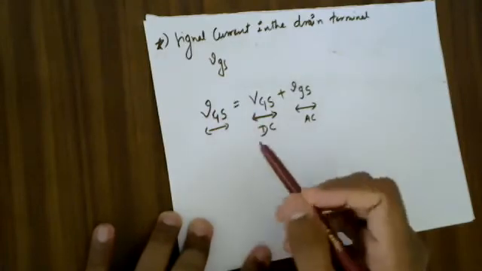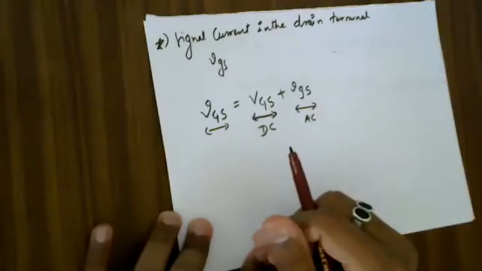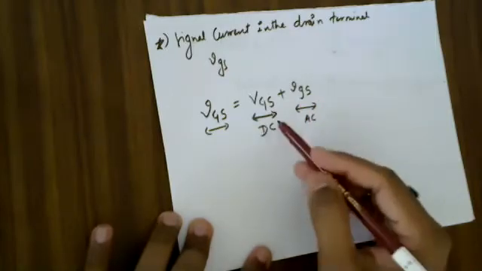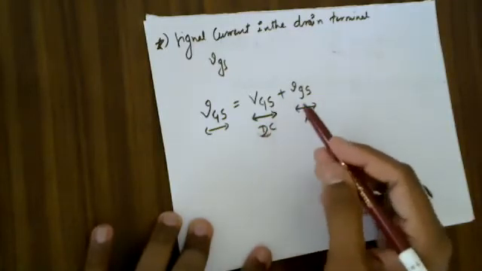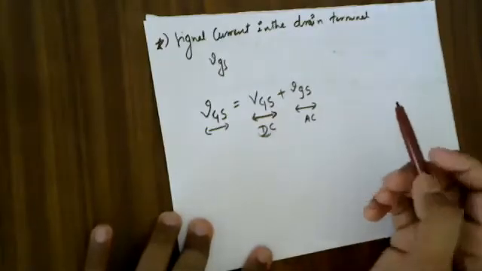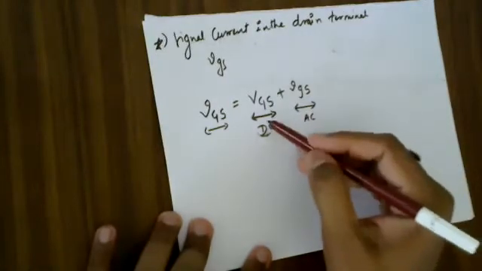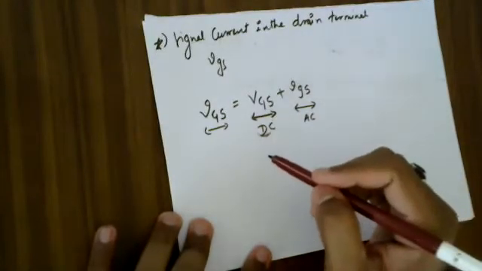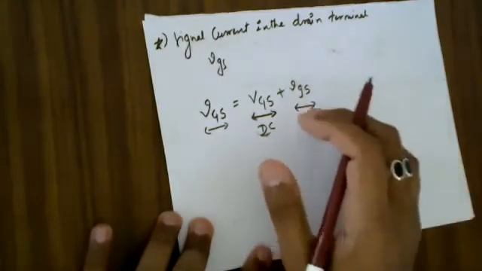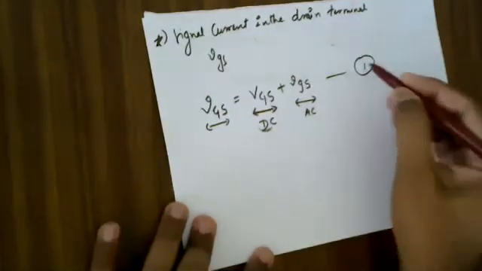Instead of saying that it is a combination of AC and DC, or both AC and DC, what you can best say is that your AC signal is superimposed on your DC signal. You should be able to say that your AC signal is superimposed on your DC signal. Fine. Once you understand this, considering this as my equation 1,